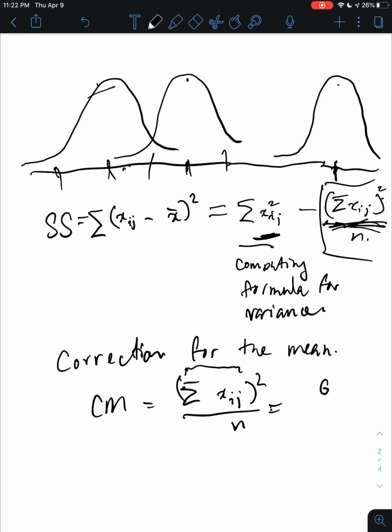So that is G, the global sum of all of my responses. Okay, so the magic now is when we partition our SS into two parts. The sum of squares for the treatments, and the definition of the sum of squares for the treatments is